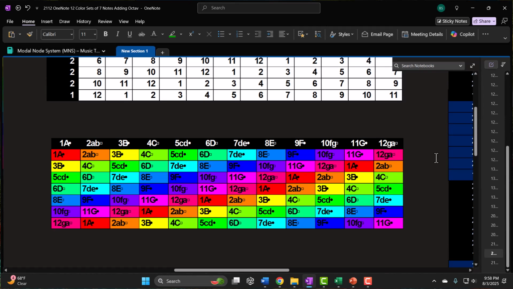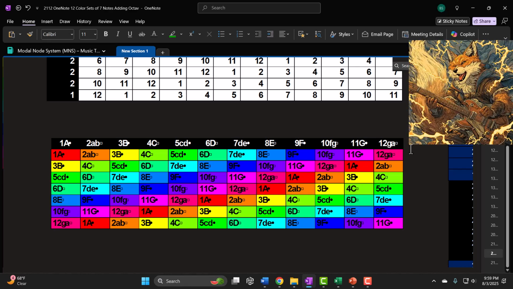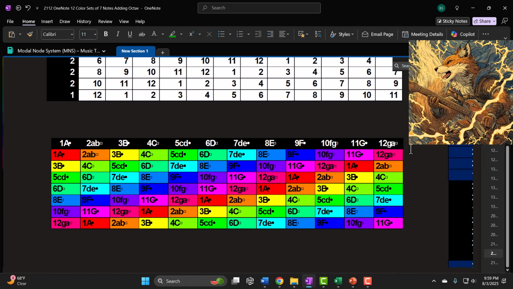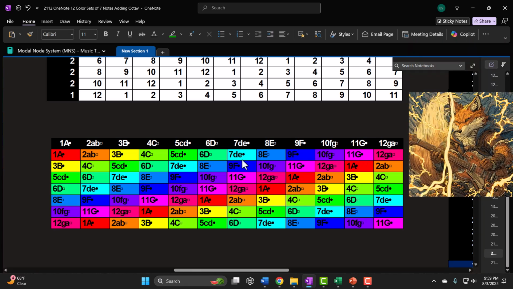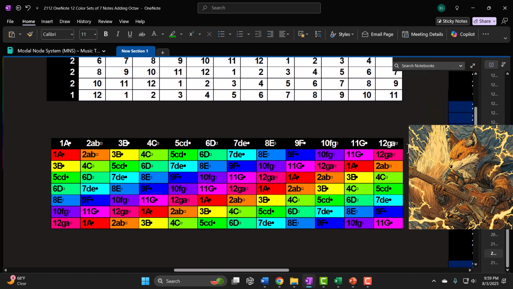This is not political. It's just right. So we end up with these 12 collections of 7 notes. Now remember, you're going to think, wait a sec, there's more than that. There's 12 collections of 7 notes times the modes, times 7, right? But no, you could say there's that many scales, but they all have the same notes in them. So this is the easiest way to see it, because now you have 12 collections of 7 notes,